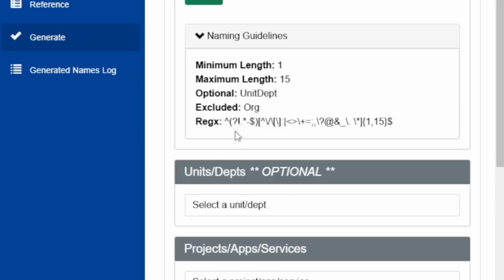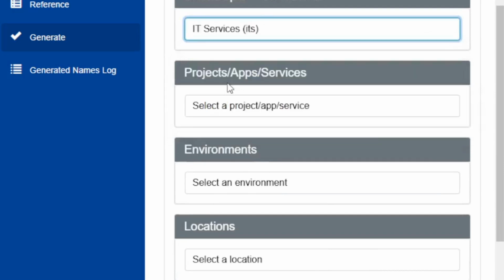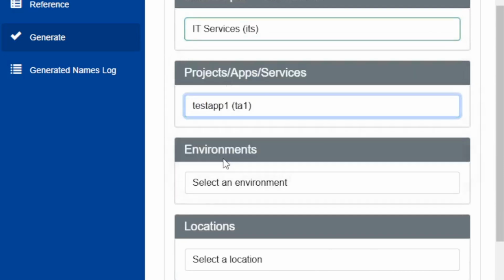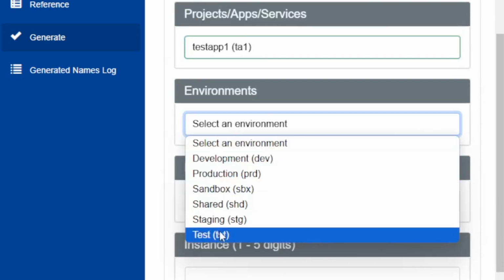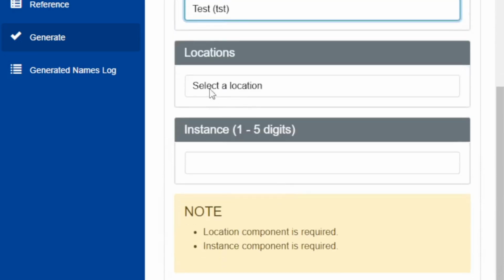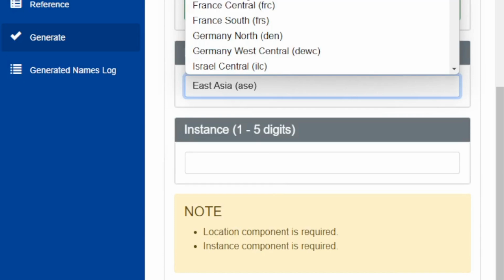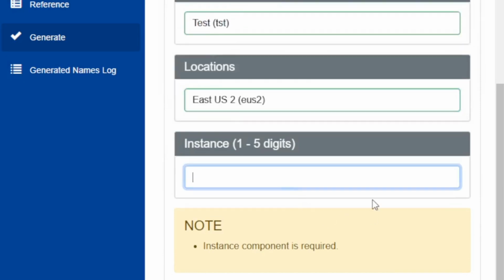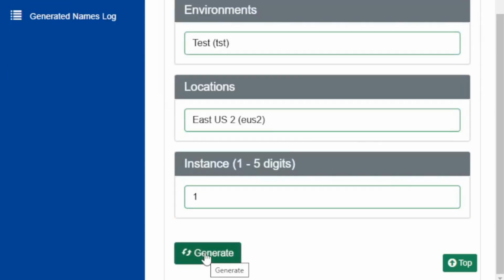And then we have some components optional here, a unit, department, and then excluded is the org, because I chose not to have that here. So unit, department, for this I'm just going to choose IT services, and let's say this is for my test app, and this is going to be in my test environment. And locations, this is going to be in, let's say, East US 2. And instance, this is going to be my first instance. So then if I hit generate,